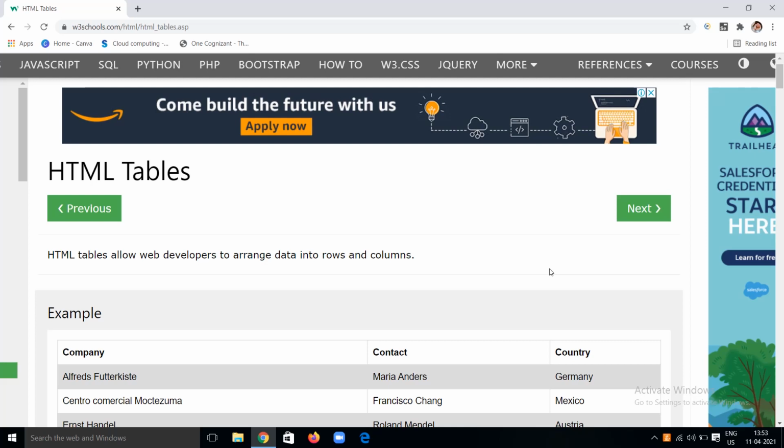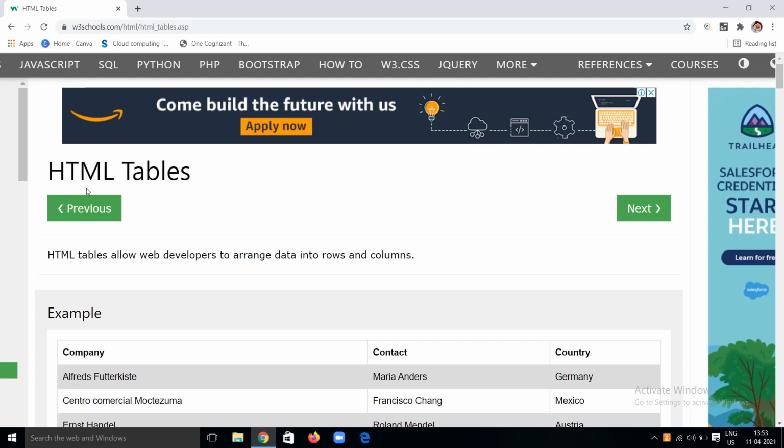In these HTML tutorials, we have seen many topics till now. If you didn't watch those videos, go through them and learn about things like HTML basics and attributes and many more. Today we are going to deal with all about HTML tables. The main important topic in HTML, we have to know about tables: how to make a table in your website.